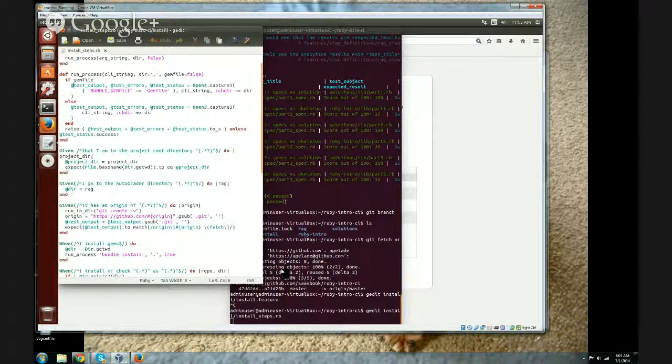I tried doing it without Open3. I mean, we have to somehow execute something, so I tried doing it with %x, and